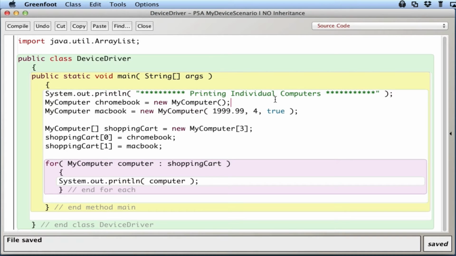So in this driver here, I am creating two different computers, a Chromebook and a MacBook. And then I'm going to create an array that can hold my computers called shopping cart. Right now it can hold three items. I'm going to put two items in, a Chromebook and a MacBook that I previously created. And I'm going to use a for each loop to traverse the array of my computer objects and call the toString method here. So if I close this up and run it,